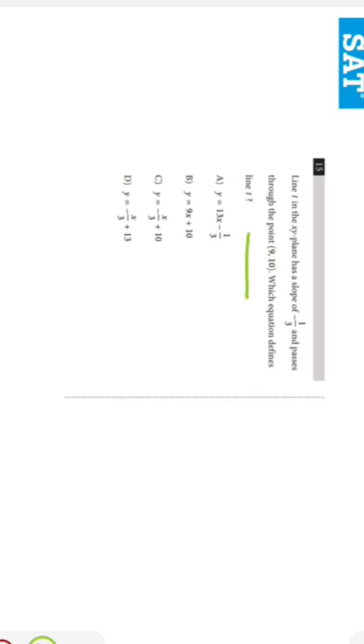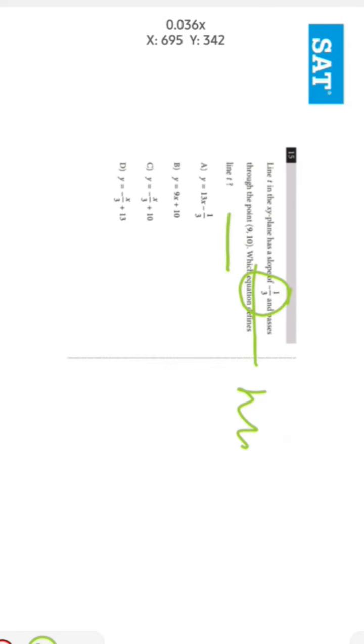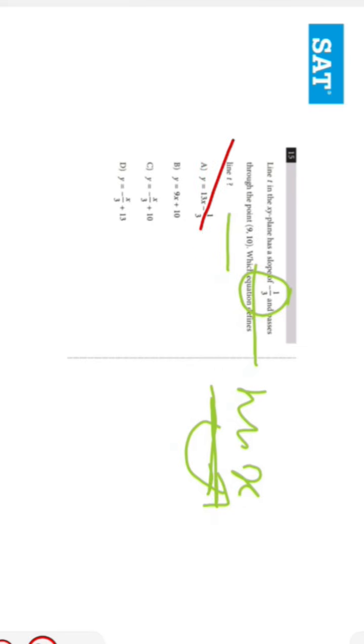So here we are given the slope. The slope is denoted by m. So we are given the slope here, which is negative 1 upon 3. And we know that the slope is in the form of mx, which means the slope is multiplied with the variable x. And here we can see that in the first option, the slope is 1/3 x. So this is the wrong option. So A is wrong. And here B is wrong too, because that's not the slope that is given in the